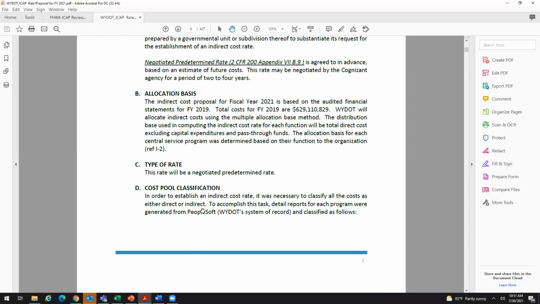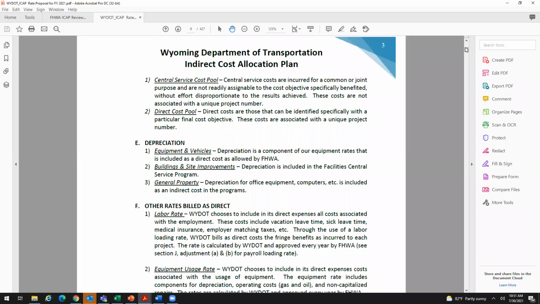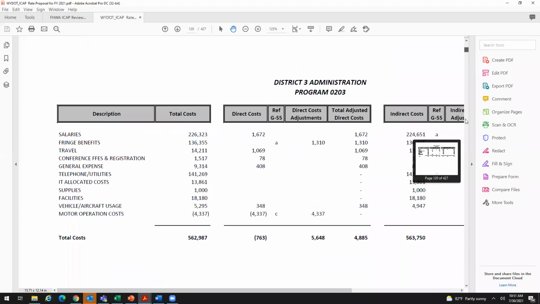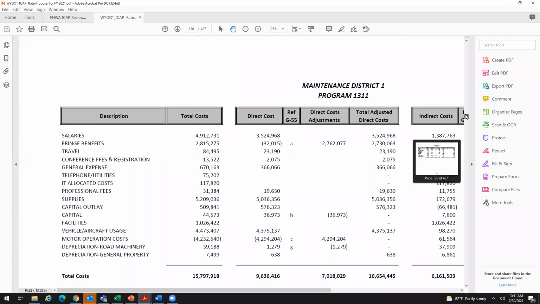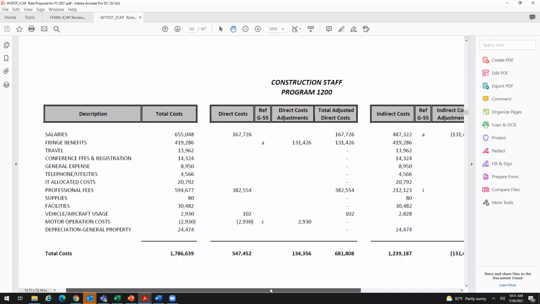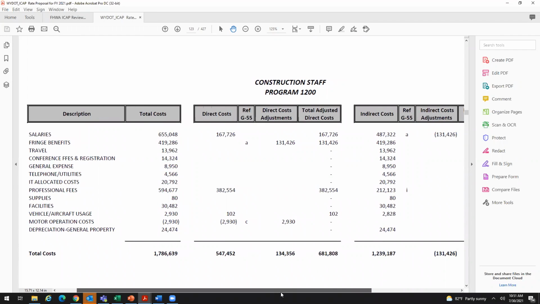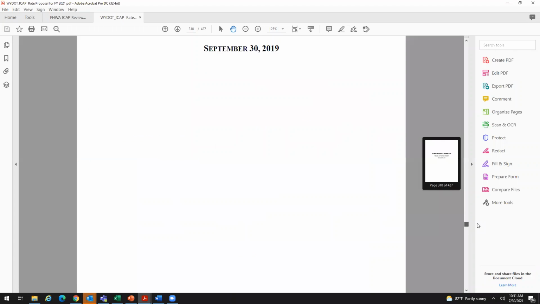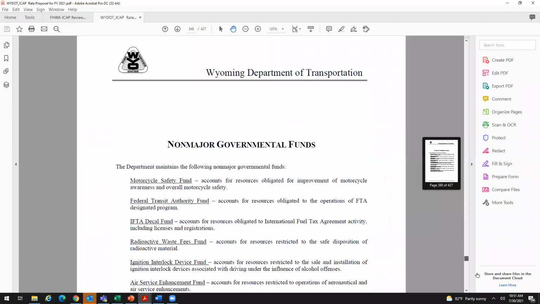So really with that, I don't have anything else to show except, in order to do those calculations, you have to be able to, oh, this is what I wanted to show you. So this is the departments. And one of the things, you could go out by department and look at their costs that roll up. And then you can go into these references and see, okay, what is this adjustment, motor operation cost? So we could go to G55 and look at reference C, and it'll tell us what that is. And that's the thing that I wanted to show you all, because I really like that they do that,